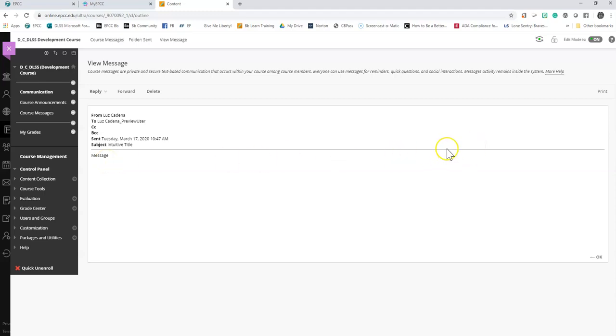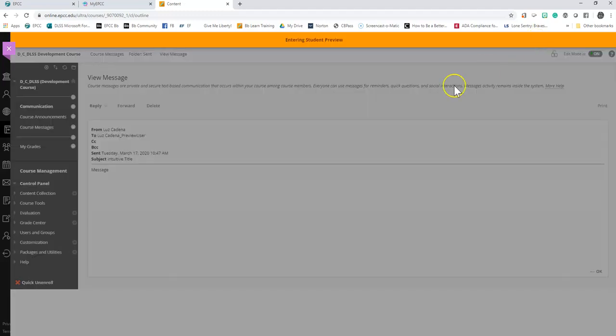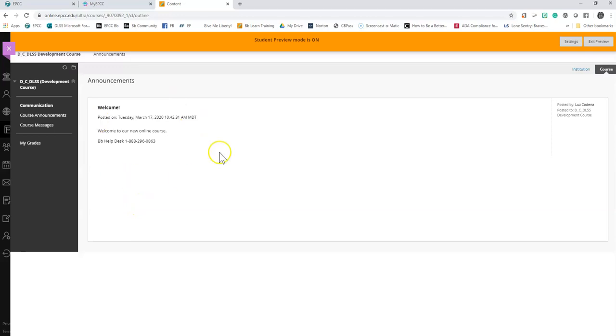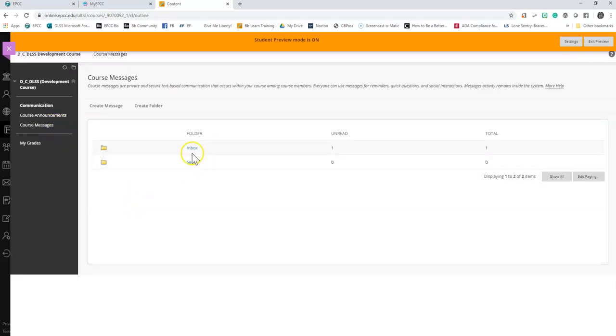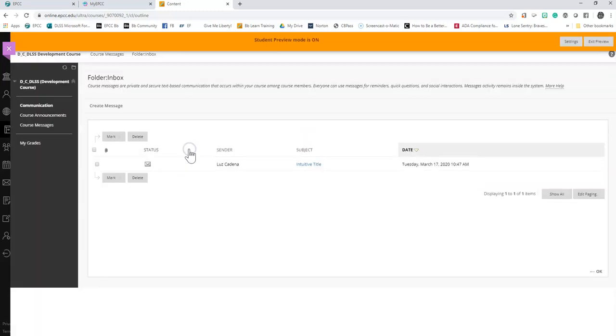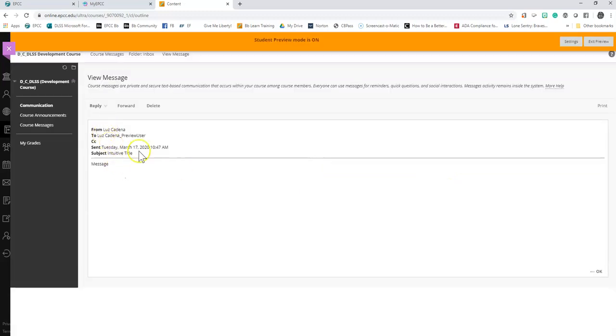Now let's take a look at this message from the student perspective. I'm going to go into student preview. Here I am in the course as a student. I can go to course messages, and here in my inbox, it says I have one unread message. Okay. I can click on inbox and see that I have one message from my instructor that was sent on the 17th. I simply click on the message and I can read the message and then I can